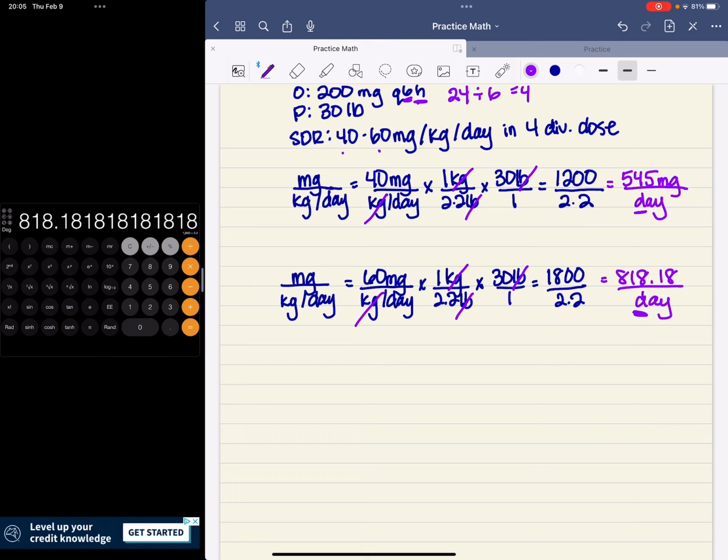Then you take 200 milligram and multiply it by 4 because we're giving it 4 times a day, which equals 800 milligram per day. That's what the doctor ordered, 800 milligram per day. Now we go back to our 2 answers of the low dosage and the high dosage. 800 milligram falls in between that, so it is safe. Okay? I hope